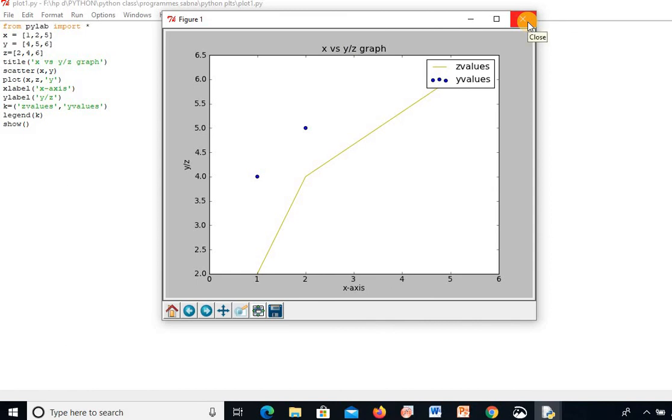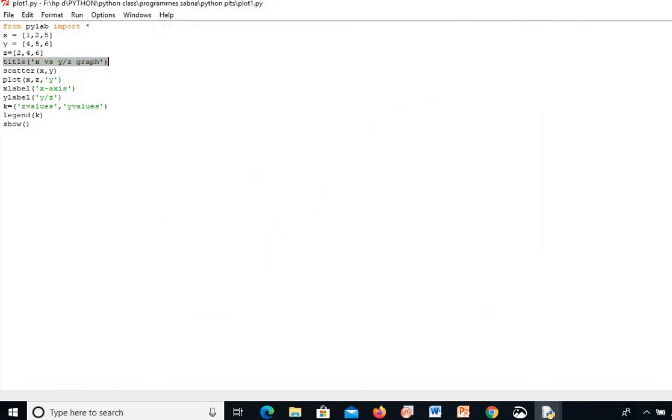The only thing that you have to keep in mind is that we need a set of data points for the x-axis. So for that we need either a list in a simple way or an array. Normally we use arrays for plotting. Okay, so that is the point that you have to keep in mind.